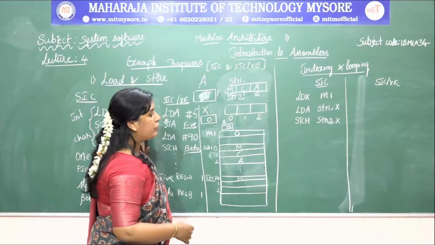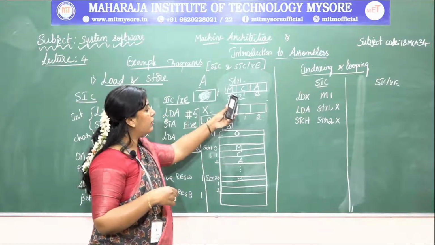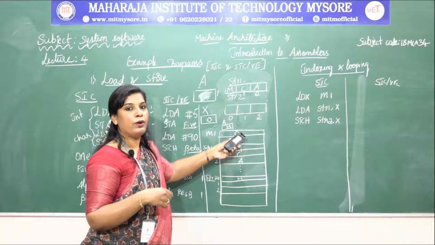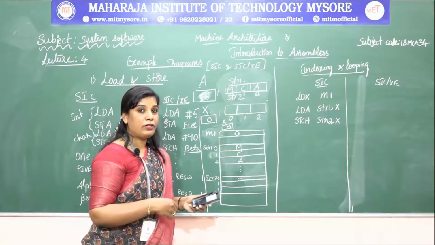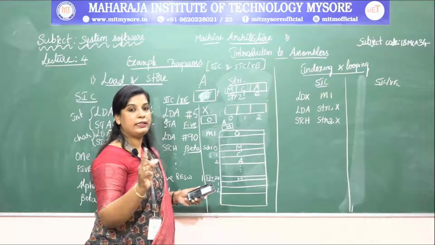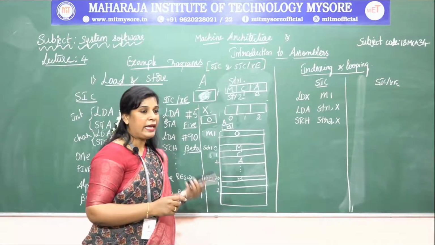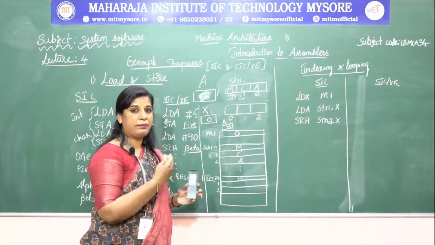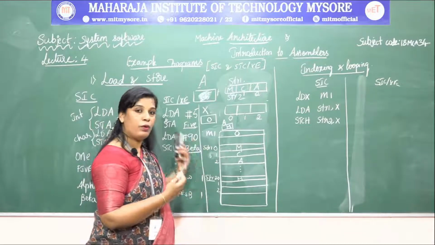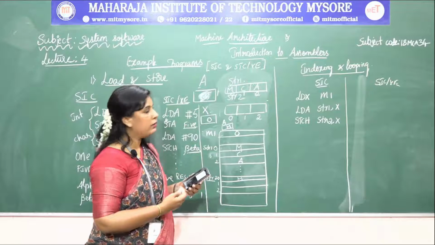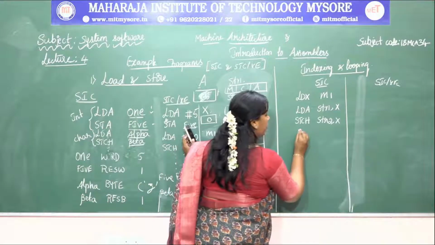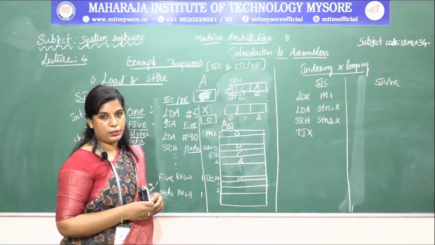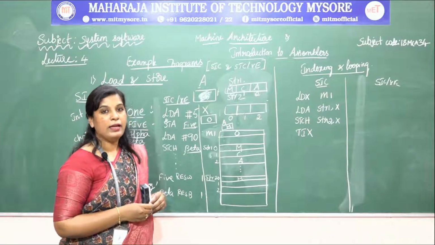After that, I again want to copy the value present at the next position of string 1 to string 2 at the same position. For that we have to increment the index register value by 1. We could directly use an arithmetic operation, adding 1 to the index register, but SIC provides an instruction in its instruction set, that is TIX, test and increment the index register.